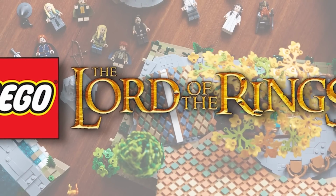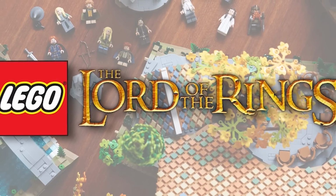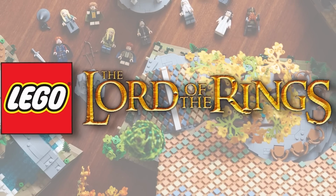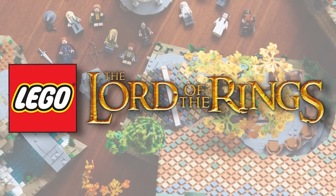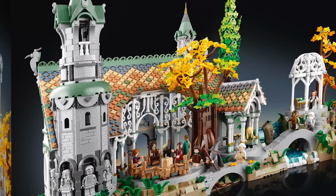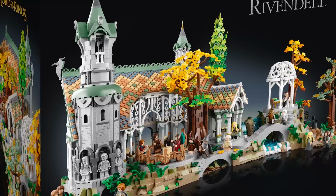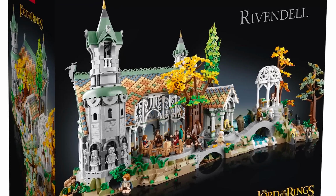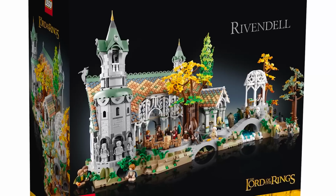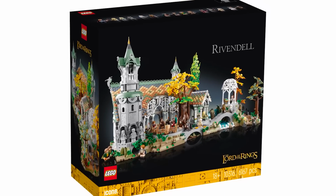LEGO Lord of the Rings is back in full swing, and we're not just talking about brickheads today, we are talking about the brand new set number 10316. This is the Lord of the Rings Rivendell set. This has 6,167 pieces and is retailing for $499.99 USD or